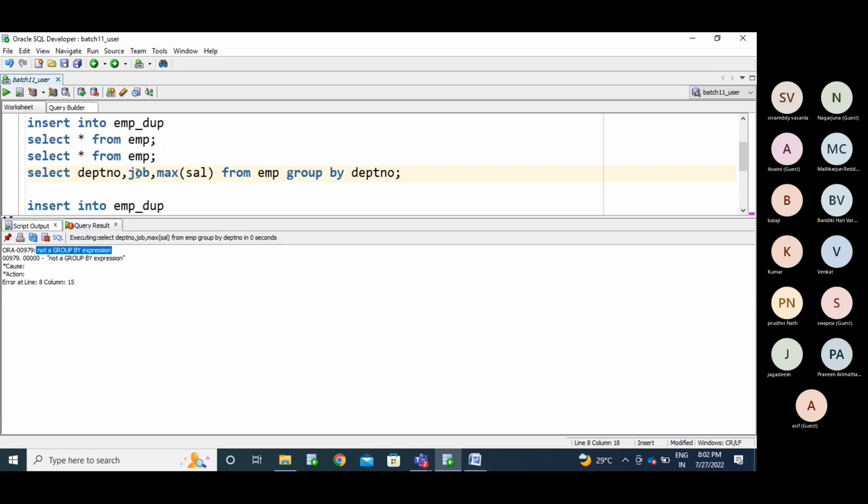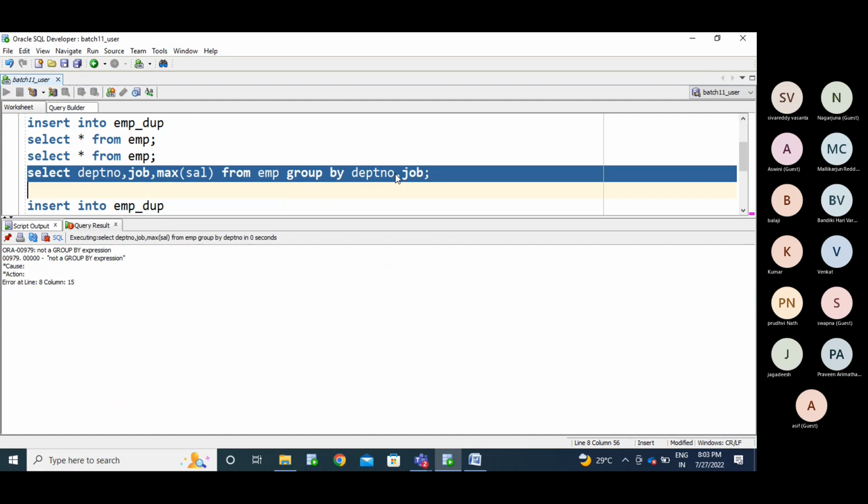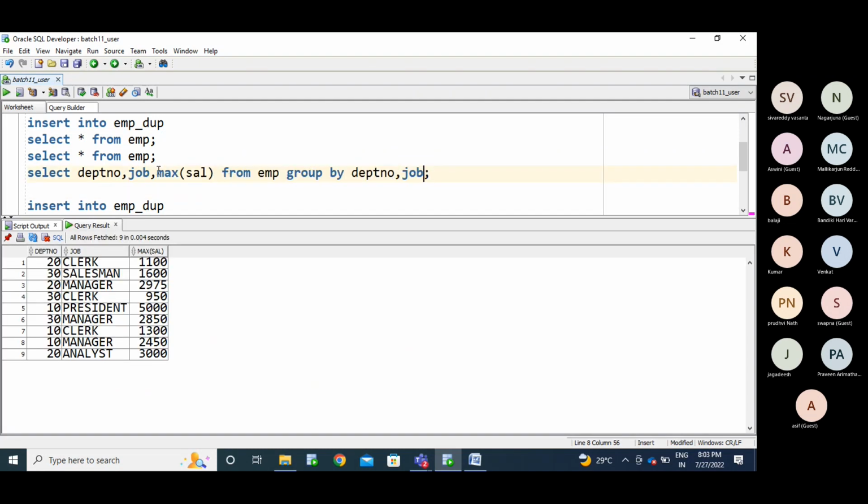Earlier it was "not a group function", but now you are using the group by clause, so it is giving another error, not a group by expression. The columns you mention in the select list, other than the group function column, the non-grouping columns, you need to mention in the group by clause. Now see,